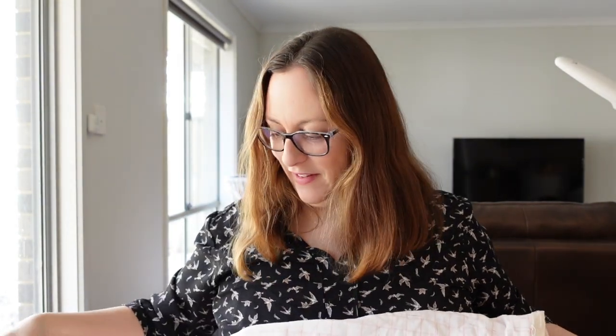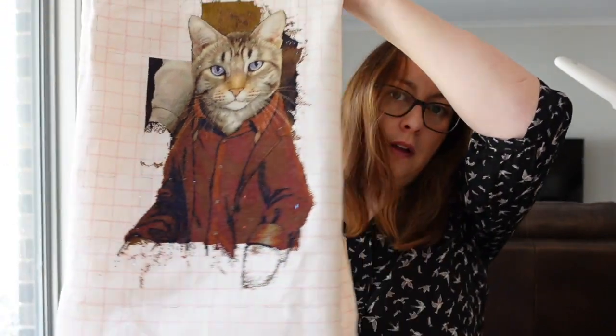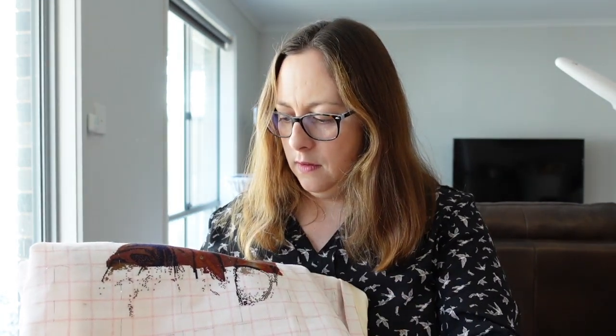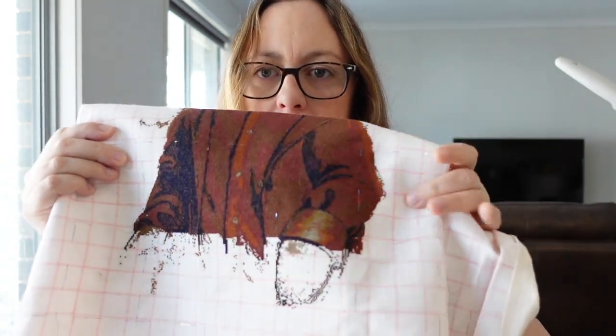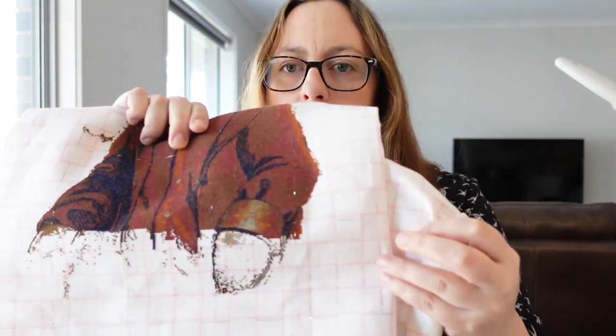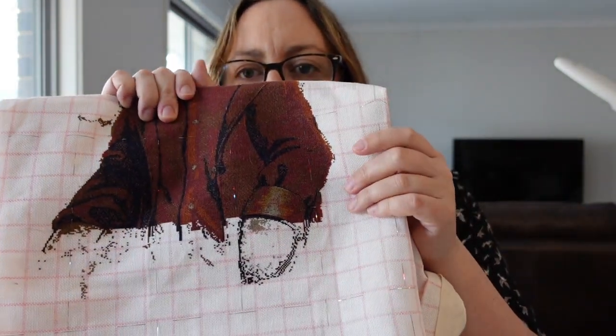It's stitched on 25 count Lugana, 1/1 full cross, so I'm going to do some of the background 2/1 tent stitch. I'll just show you the whole thing to start with. There he is. And then I've been working just steadily down his body, and I think I finished his cuff here, which is pretty neat. It looks like there's a bit of light shining on it, a bit of reflection, and you can definitely see